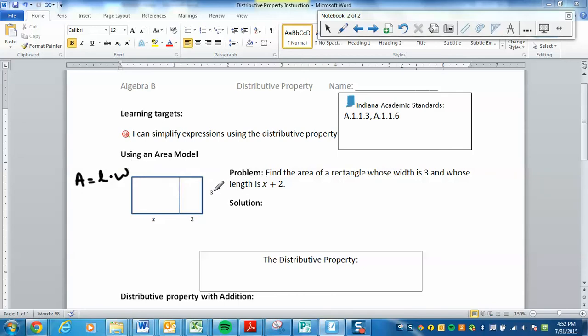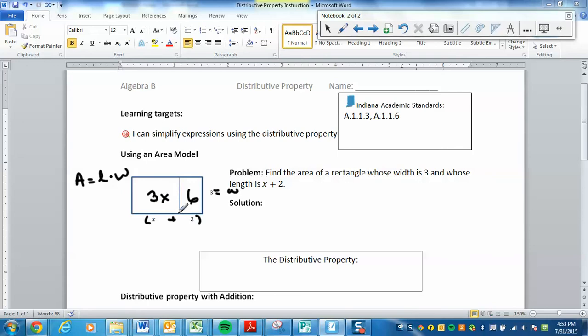Now if I use 3 as the width of my rectangle and x and 2 as my lengths, they form this continuous line, right? So technically I can rewrite this as x plus 2. So I can group these together. It would be x plus 2. Well, if I apply length times width, I have 3 times 2 for this area, which would give me 6,